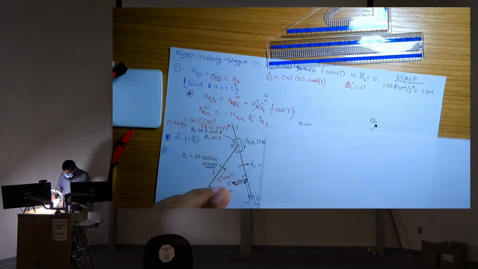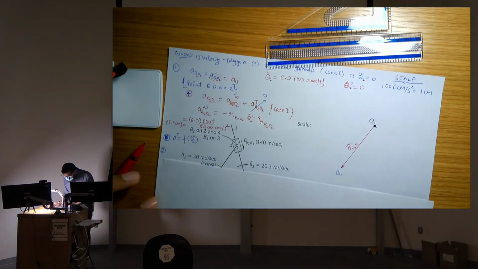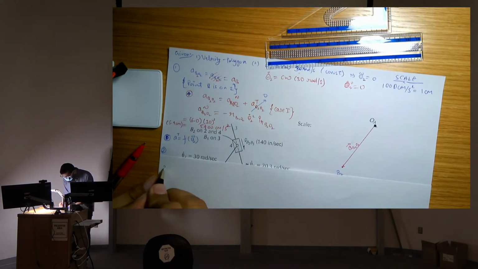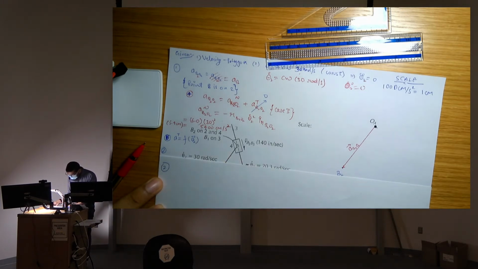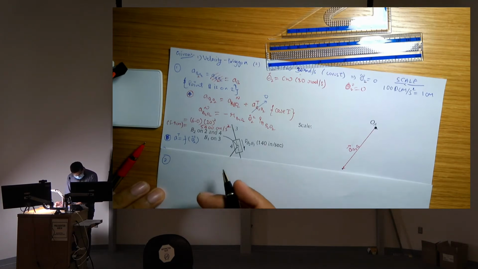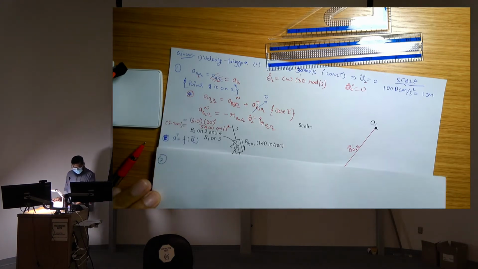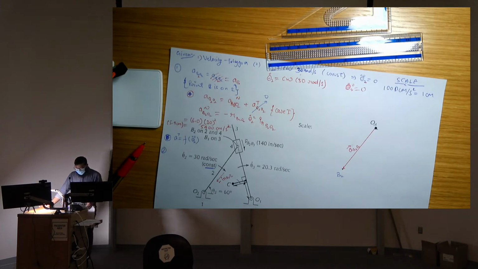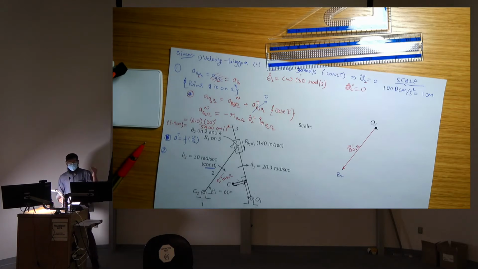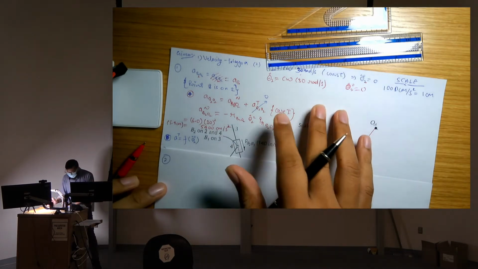So the next point that we need to discuss is the next acceleration. What can we choose as the next acceleration? Would anybody like to volunteer and tell me which point we can go for? Okay, let's just choose B3. We did link 2, now we will move on to link 3 directly, because link 3 is also with respect to ground. There is one component of link 3 with respect to ground, so that would be a little easy for us to place something on the acceleration polygon.